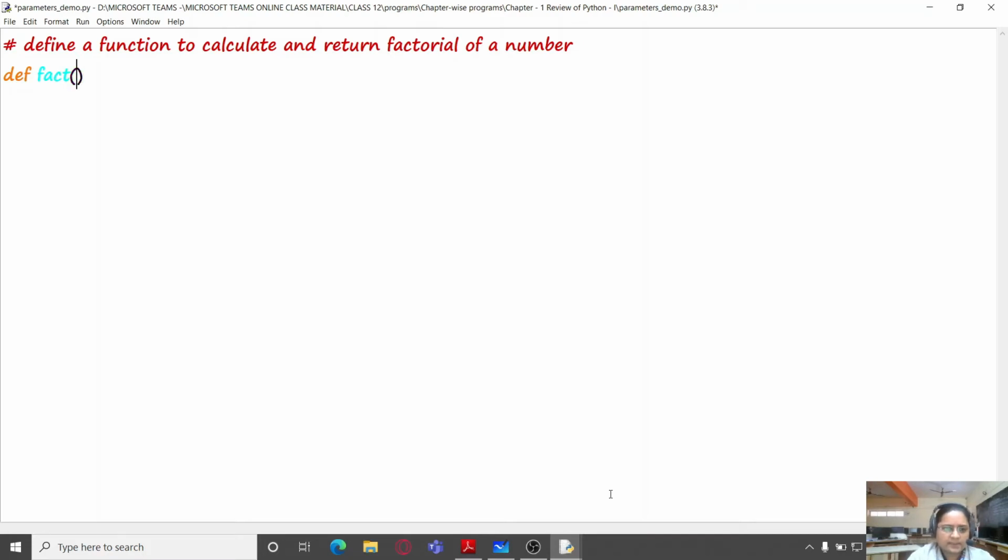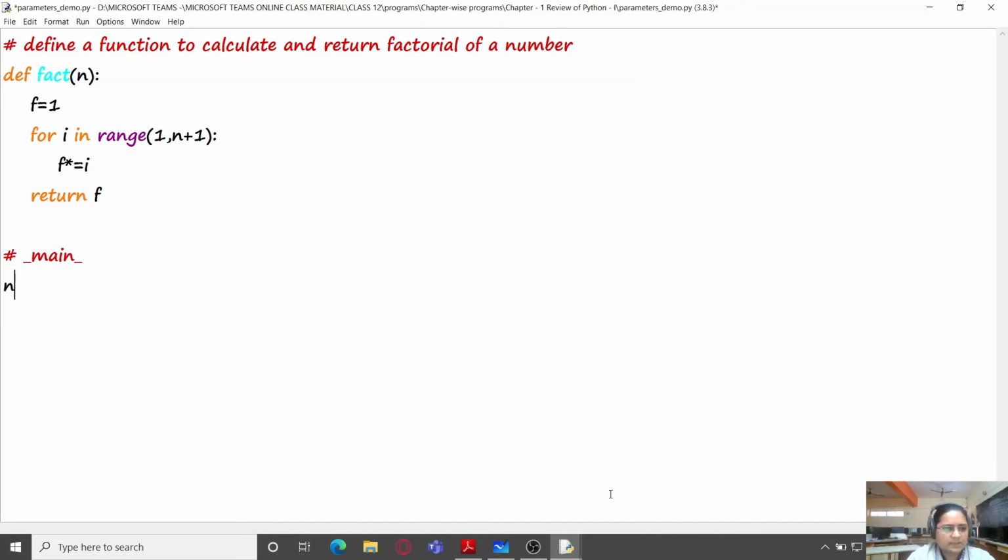and it takes one argument, f equals 1, and f multiplied equal to i, and return f. And this is my global area.